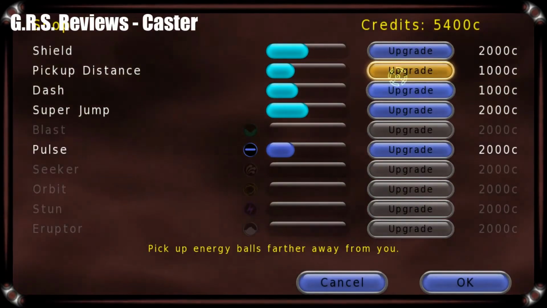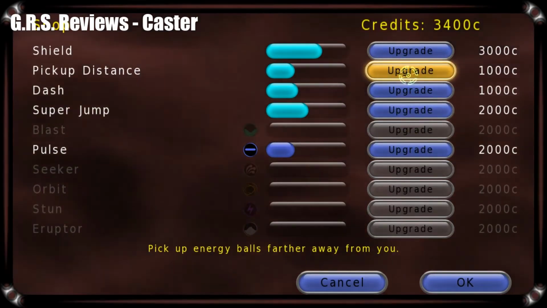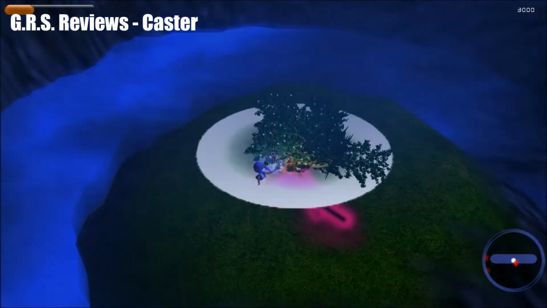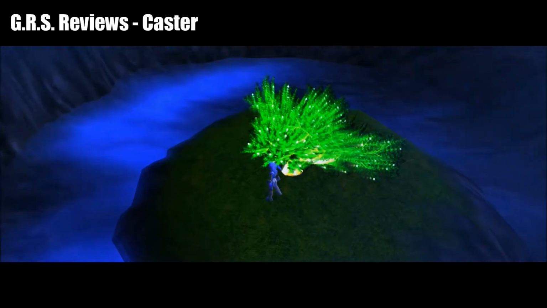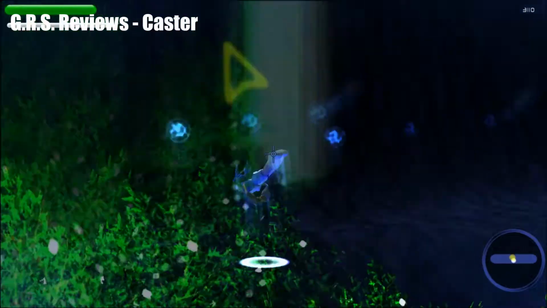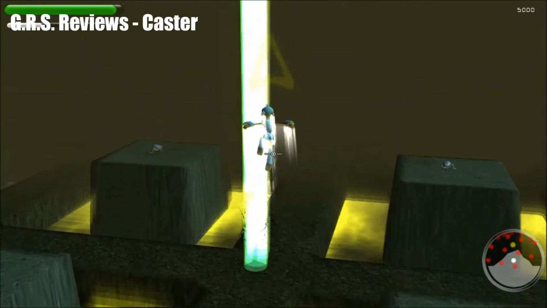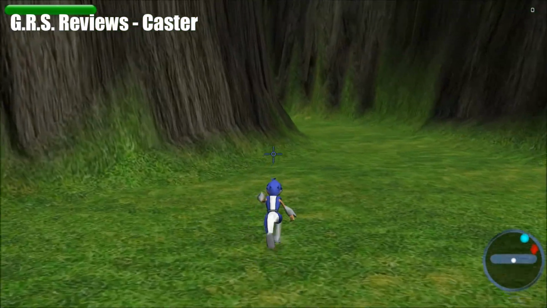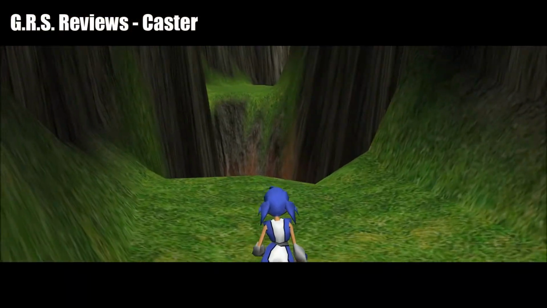So basically you have several different gameplay mechanics and several powers, and they're all pretty much upgradable. So you have your pickup distance for these orbs that you've got to pick up. They're like power-ups that you need to collect in order to get more points at the end of the level. You can upgrade your jump, so you can jump really high. It's actually quite fun to run real fast and jump around. But regardless,